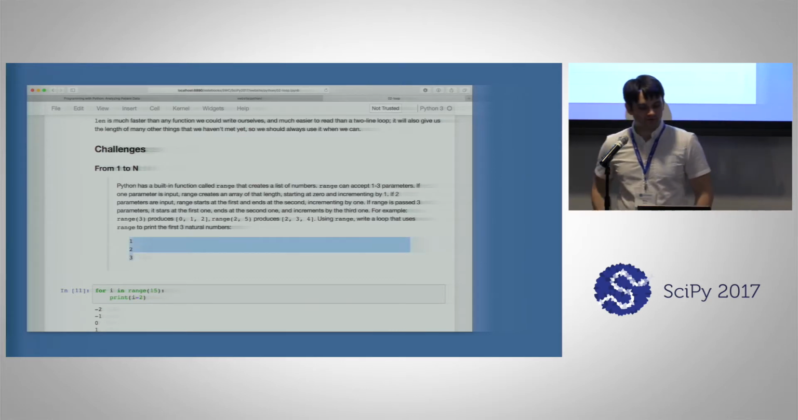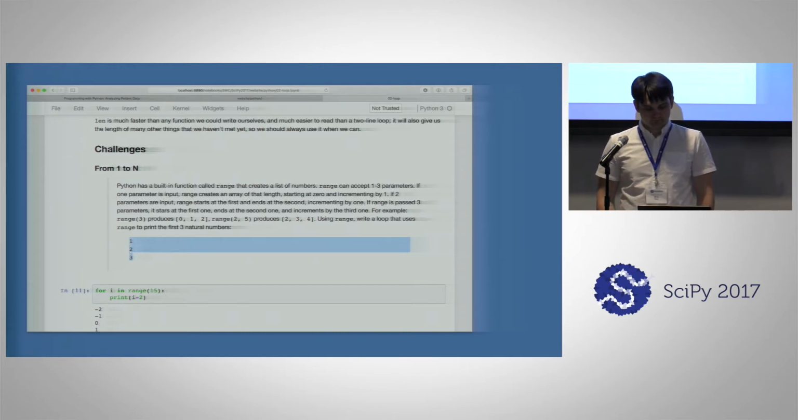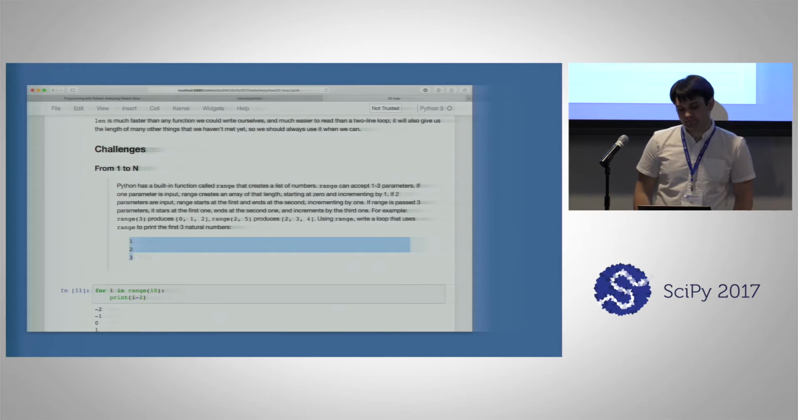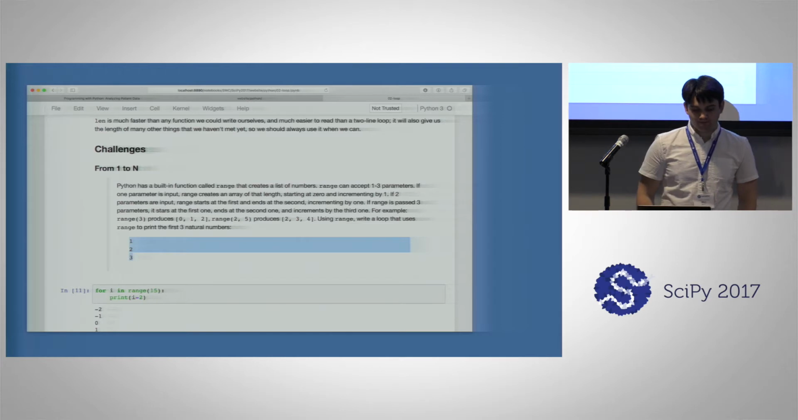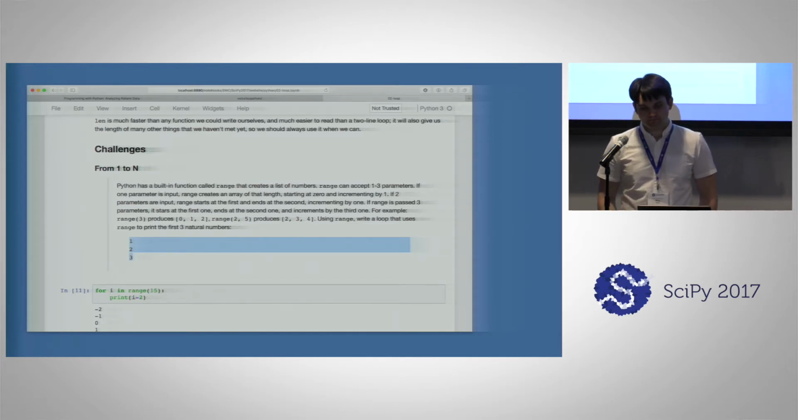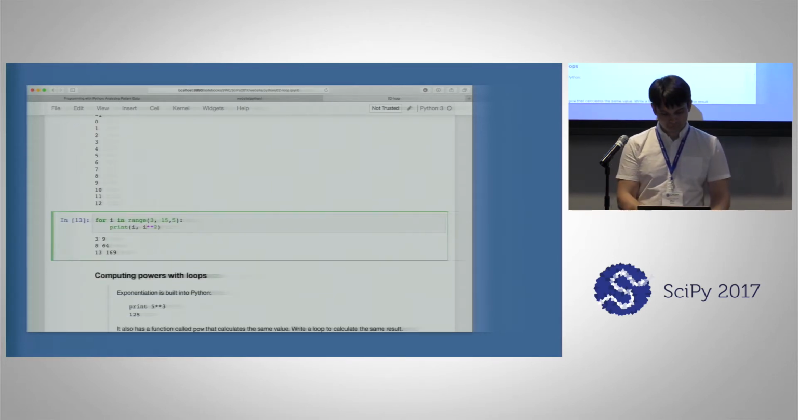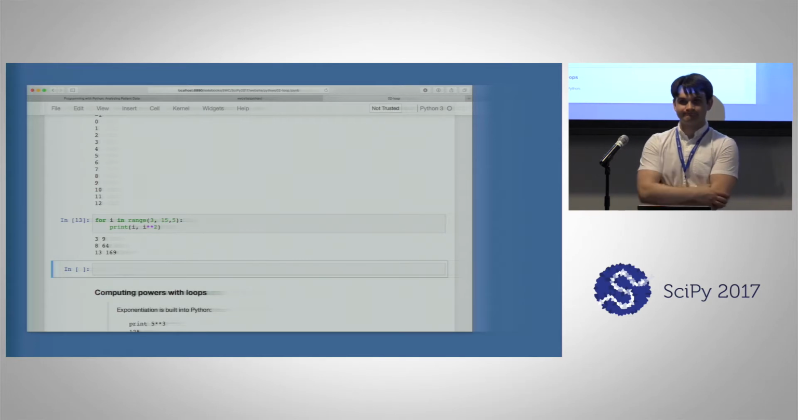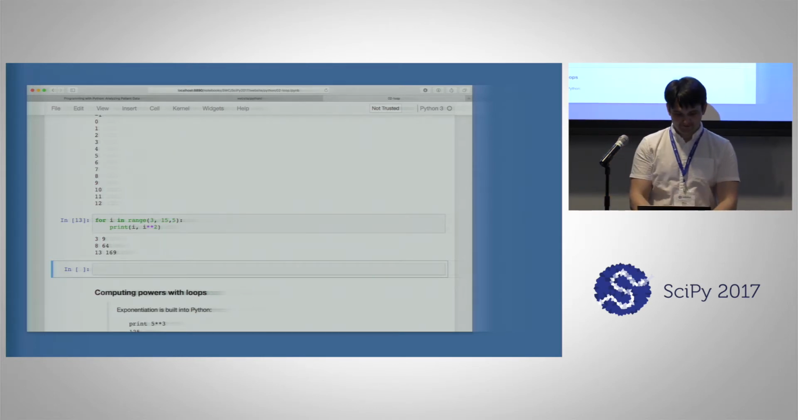So the task is to write a loop that prints 1, 2, and 3. I guess everyone is done? Yes, so the solution is